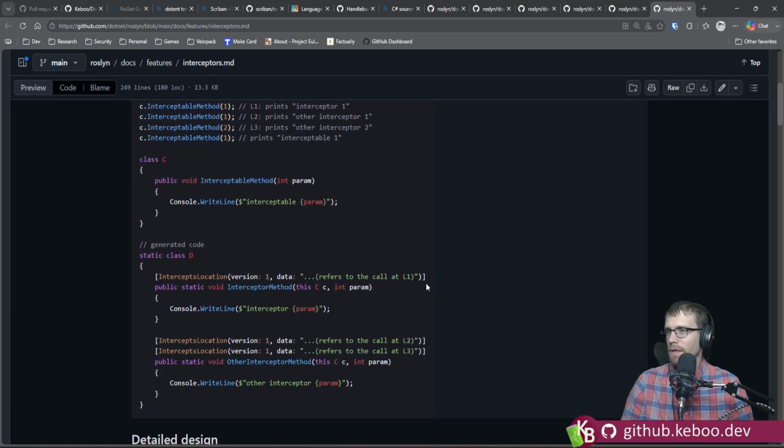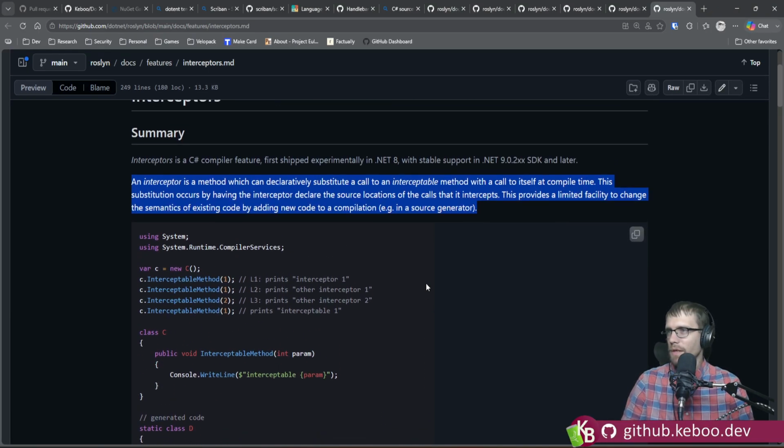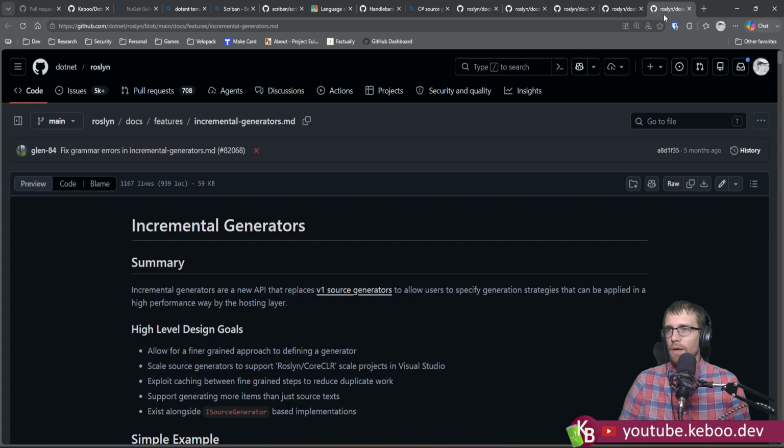This was the other thing I was looking at. Substitute a call to an interceptable method with a call to itself at compile time. Does this get me around my C# compilation error problem? I don't think it does because it's the timing of the generator, not the